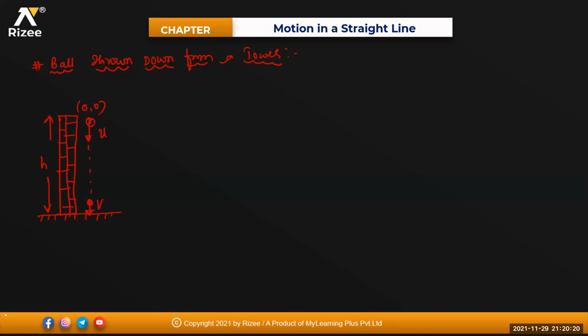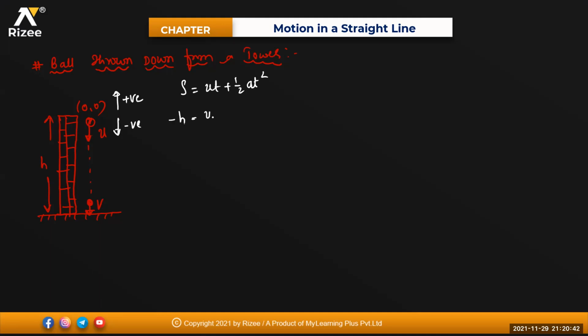Isn't it? So sign convention, beta: in the downward direction we are taking negative, and in the upward direction, if I am projecting, we'll be taking it as positive. So I'm using the relation S is equal to ut plus half of a into t square. So h will be equal to how much, beta? Positive or negative? You're coming down. So this will be minus h.